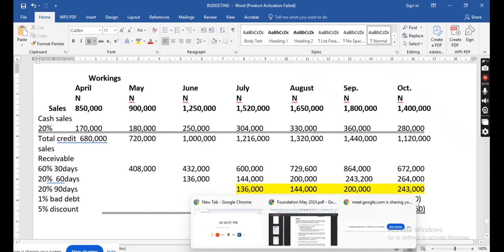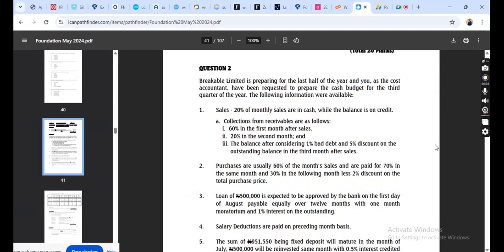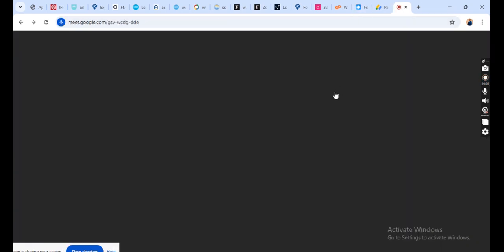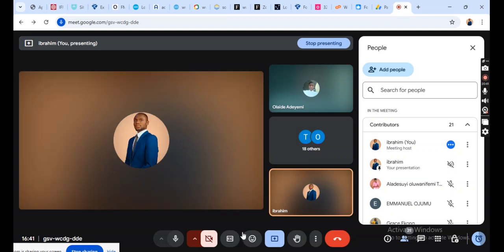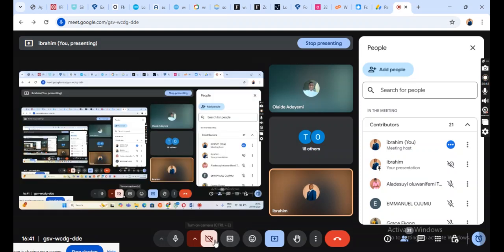Now, class, this question is a very technical question, right? The usual cash budget: the cash, we're supposed to add it with our total receivable to complete the percentage, to complete it 100%. That is what I know. And this question actually changed my mindset, that sometimes you need to complete the receivable percent.